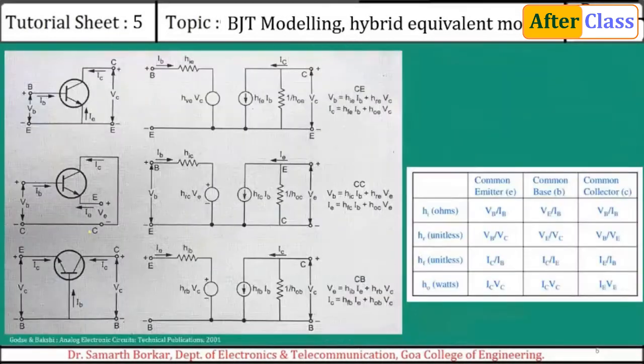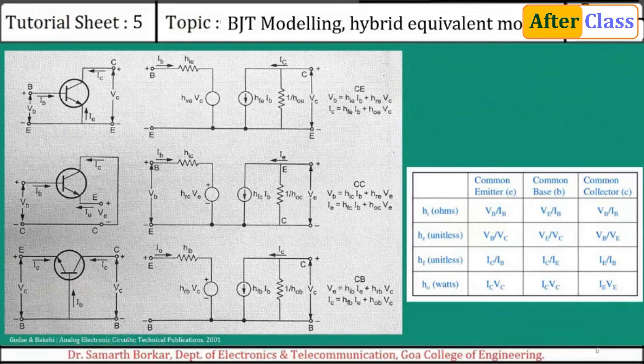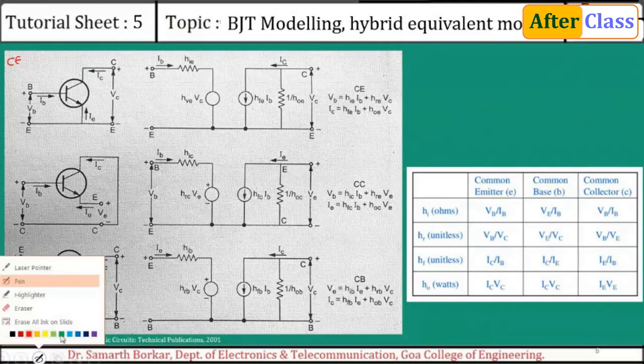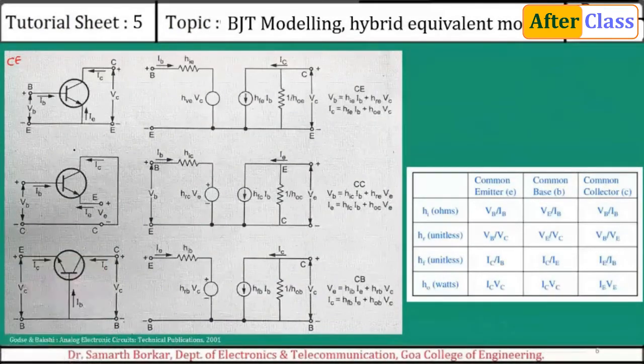Now, look at this diagram. The first one is common emitter circuit. Okay. Now, just to save time, I've taken this from some textbook. This is the textbook for images. So when we take any images from the net or somewhere, we have to give the courtesy. We directly cannot copy paste without giving the credit to that person. So this is available on the net. So this is common emitter circuit. Emitter is connected to ground. Here, this is common base circuit, and this one is the common collector circuit.